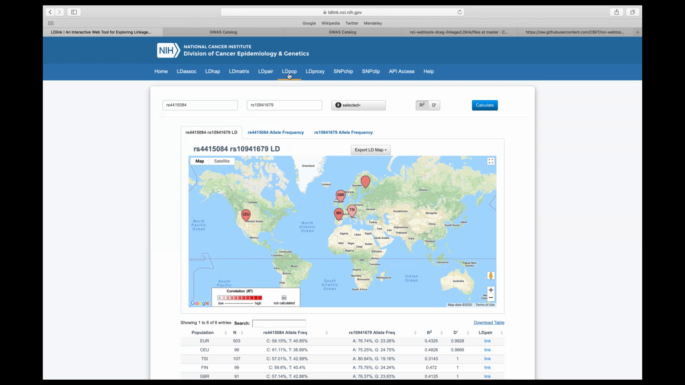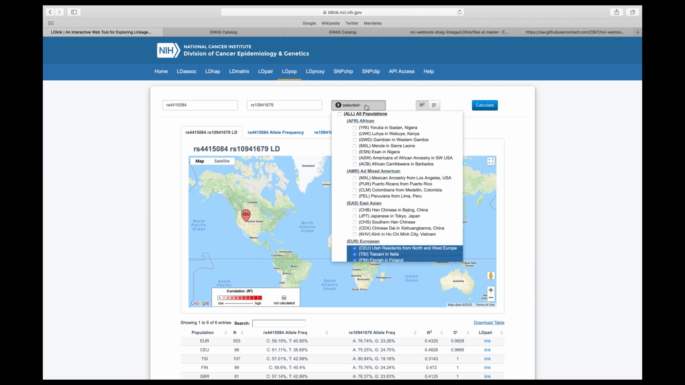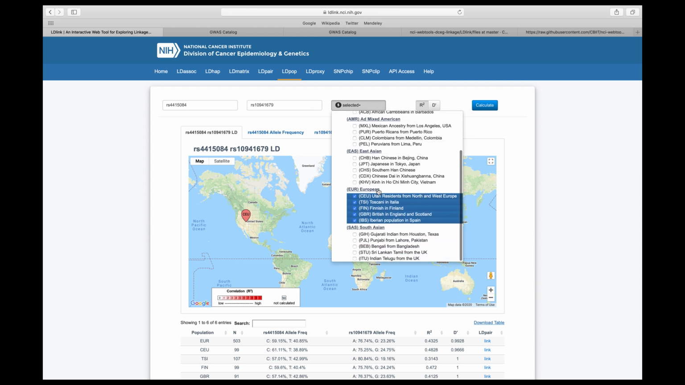LDpop is to investigate allele frequencies and linkage disequilibrium patterns across 1000 Genomes Project populations. Here you can input any two rs numbers and a population of interest. Here I put the two breast cancer associated SNPs and select the European population because the SNPs were originally discovered